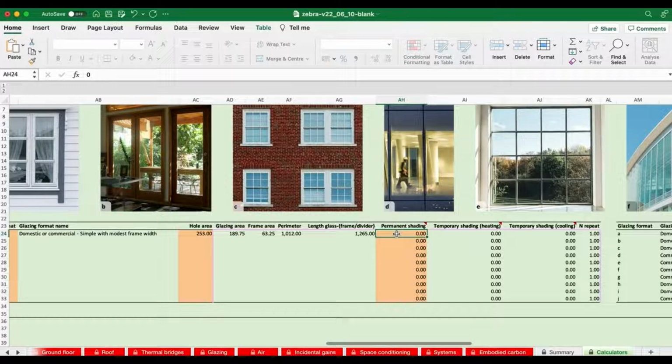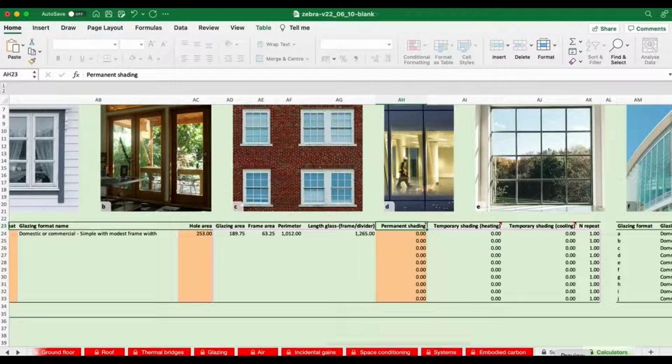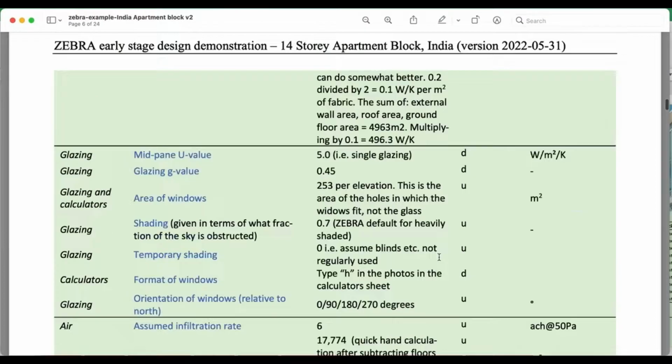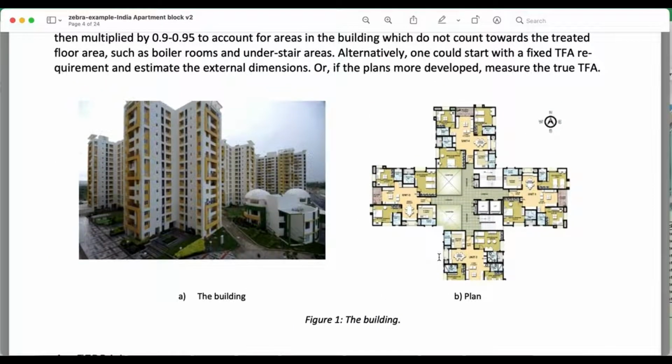Now, we're going to use one of the recommended values in Zebra for this. If we go to that orange red triangle, this is a general point: when you find a red triangle, go and look at the information that's stored in the comment box associated with it. If we look back at the actual form of this building in the original sheet, look at that picture. Some of these windows are incredibly well shaded from sunlight.